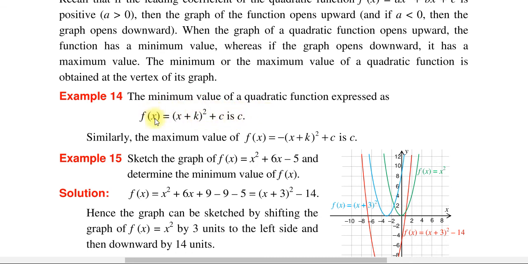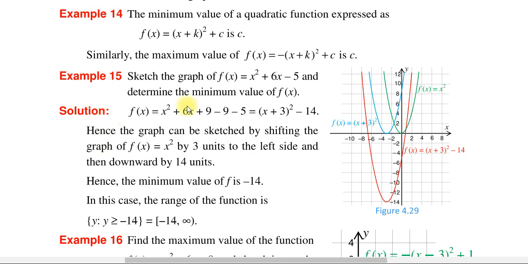Similarly, the maximum value of f of x equal to minus x plus k the whole square plus c is c. Now let's see an example: the graph of f of x equal to x square plus